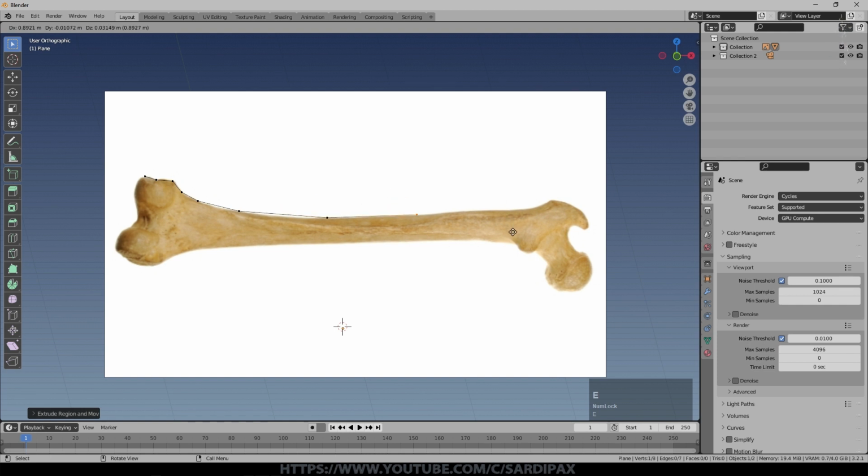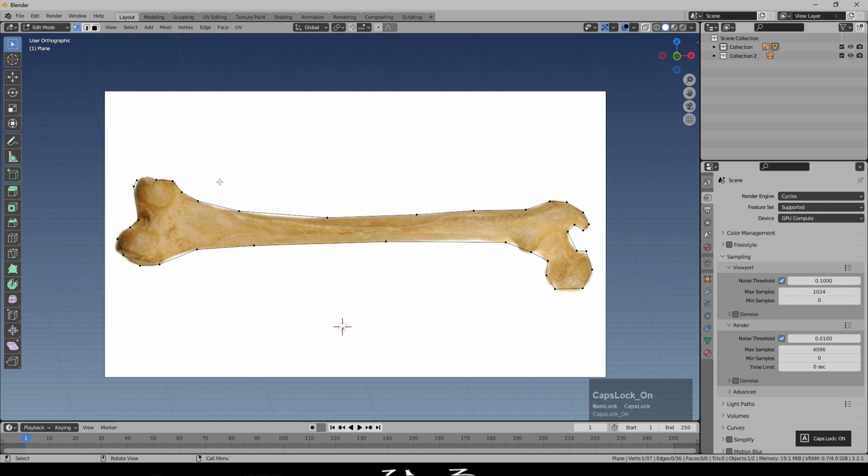Now obviously you can do a lot of detail here. It is useful to have a reasonable number of vertices, but you don't want to go mad. I'm just really going very roughly now. We're not trying to model this particular bone, so it doesn't matter about precision. And then for the last 2, you can just press F with them both selected and it will just join it. So that gives you the outline of your bone.